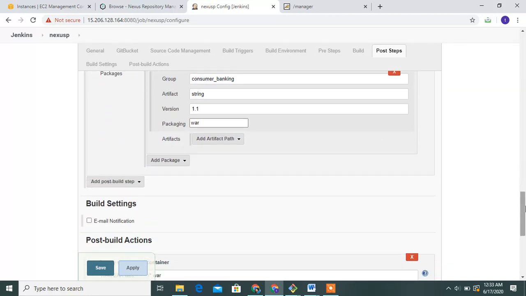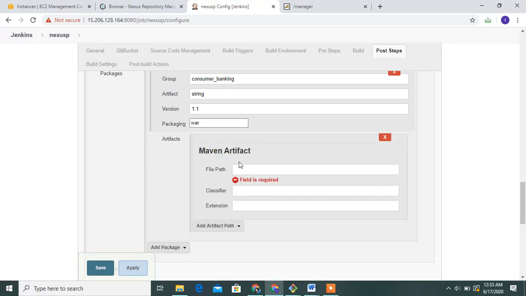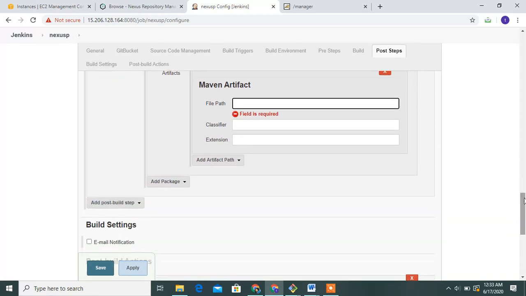Add the artifact path, guys, any file you deployed, and add the path. This path is added.